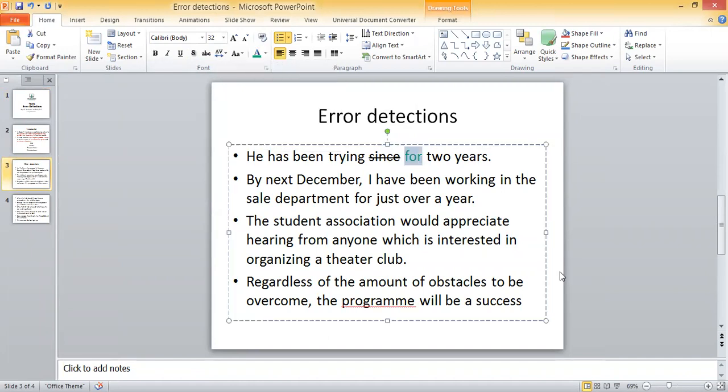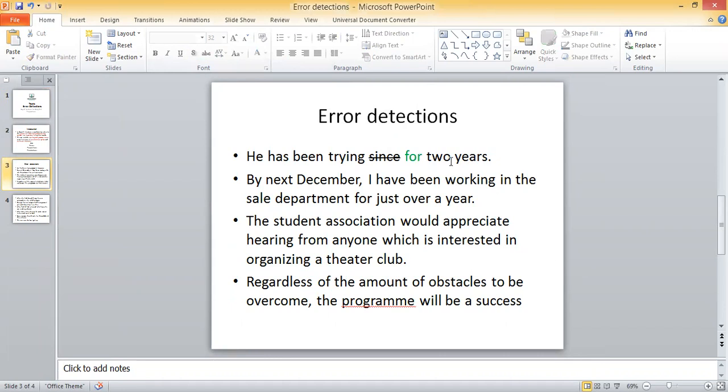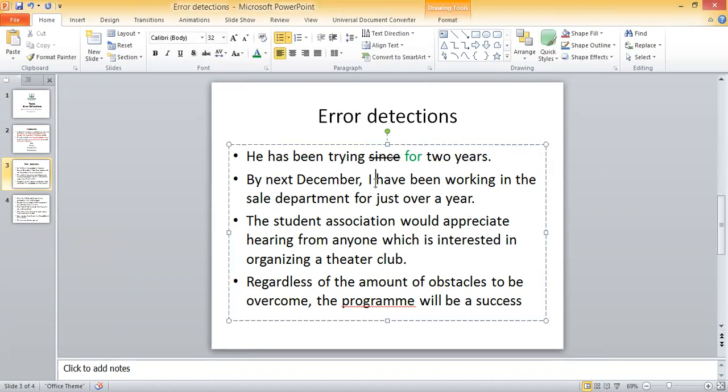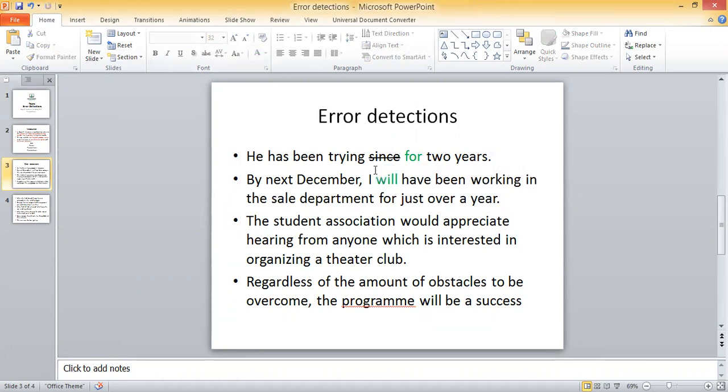And when you come up and review your things, तो आपको ये पता चलेगा अच्छा ये गलती की, and this is the correction, right. So by next December I will, there will be addition. So the error is I have been, the tense is the error. तो यहाँ पे ऑप्शन दिया होगा A B C, so you will have to make it correct के I will have been यहाँ पे।